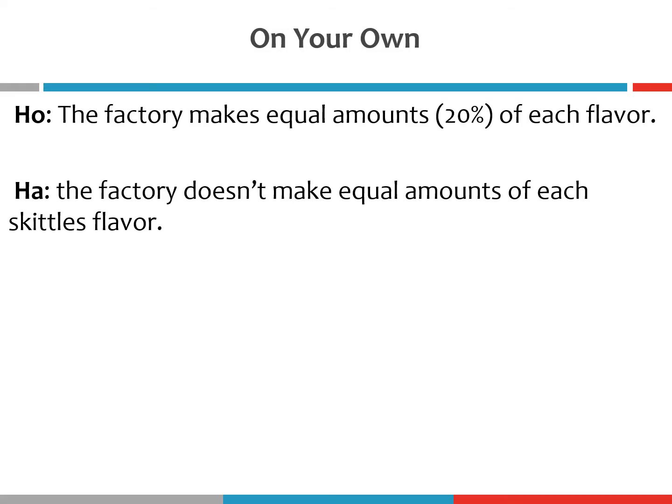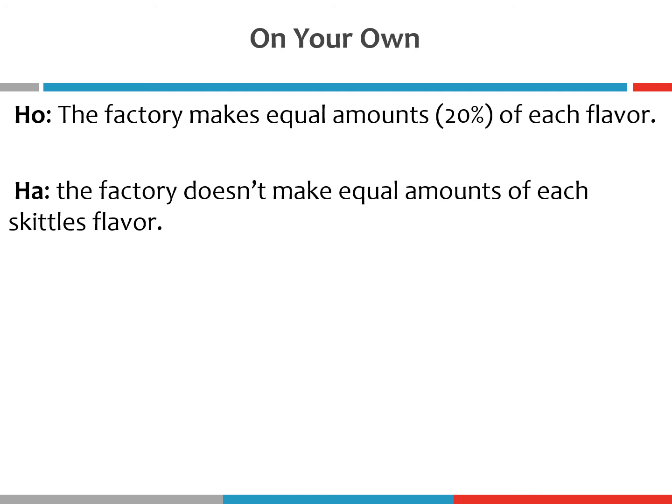Okay, so remember our first step is to state our null and alternative hypotheses, right? So again, our null hypothesis is that the factory is going to make equal amounts of each flavor. Just thinking about that in terms of percentages, there are 5 different flavors of Skittles in a standard regular Skittles bag. So that would correspond to 100 divided by 5, which is about 20%. So we would expect 20% or 76.8